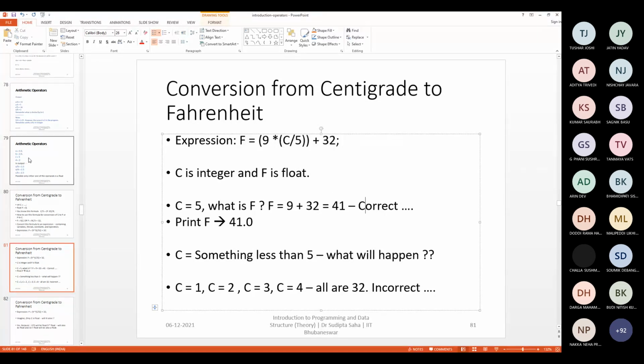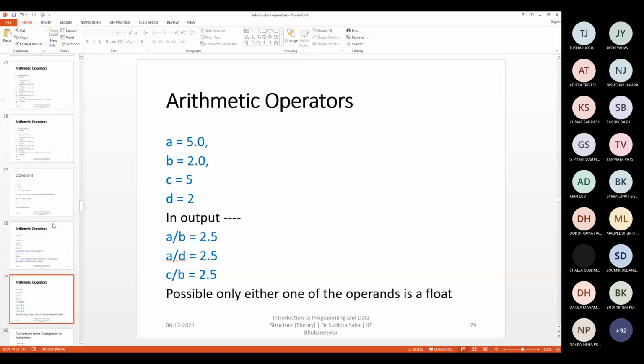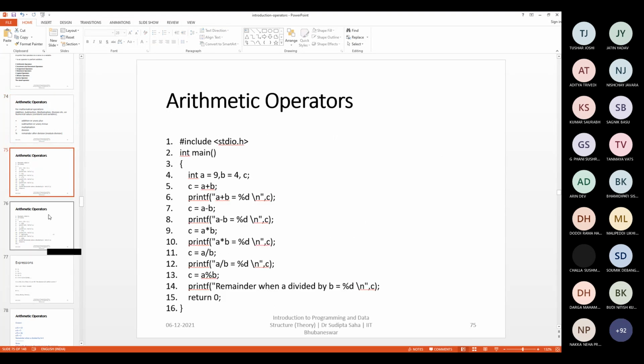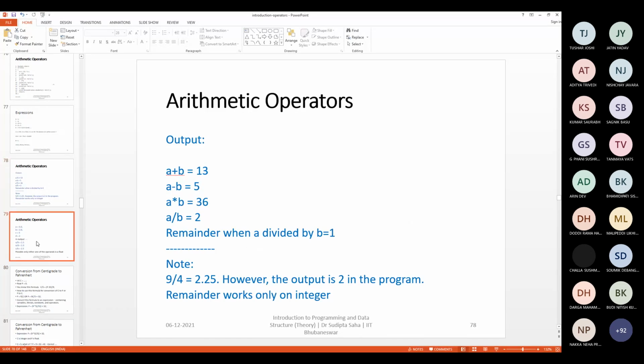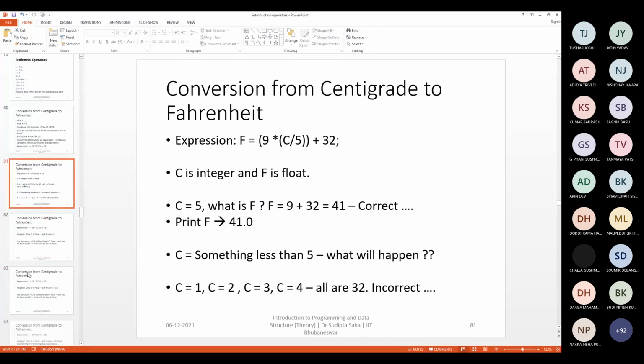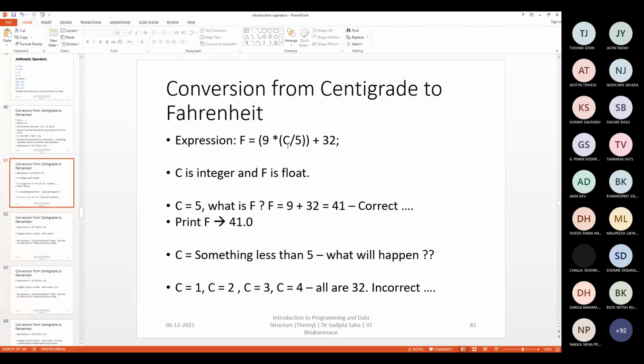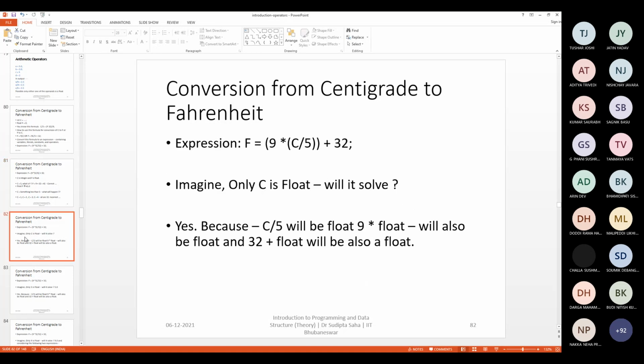As I said in the beginning, we have only 5 operators in C. These are the basic operators. So bring something related to these first. Then gradually we'll make it complicated. Fine. So this is the situation. If something is bigger than 5, then the fractional part will be truncated. If something is lesser than 5, then things will be 0. So a huge difference will come if you don't properly give the floating point.